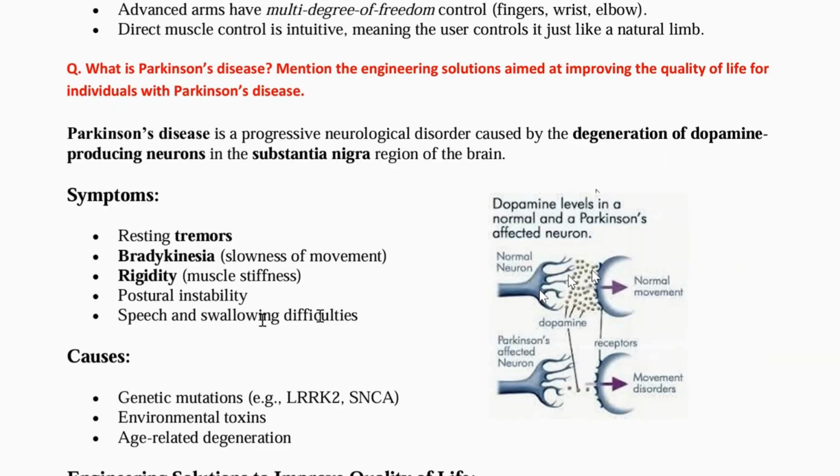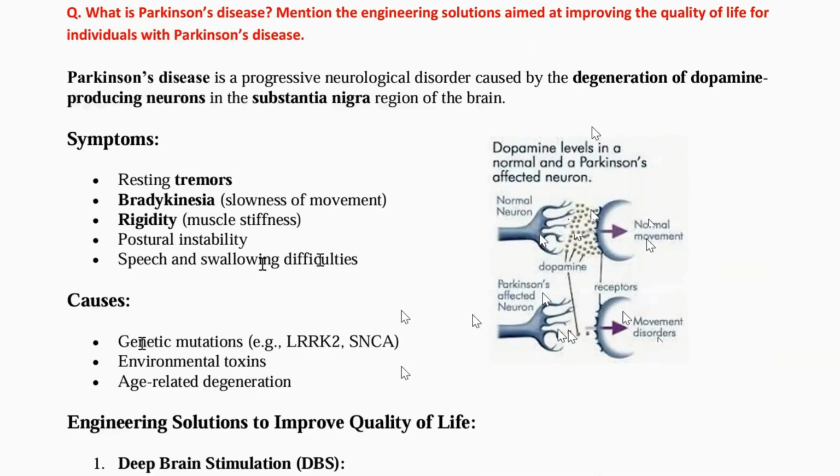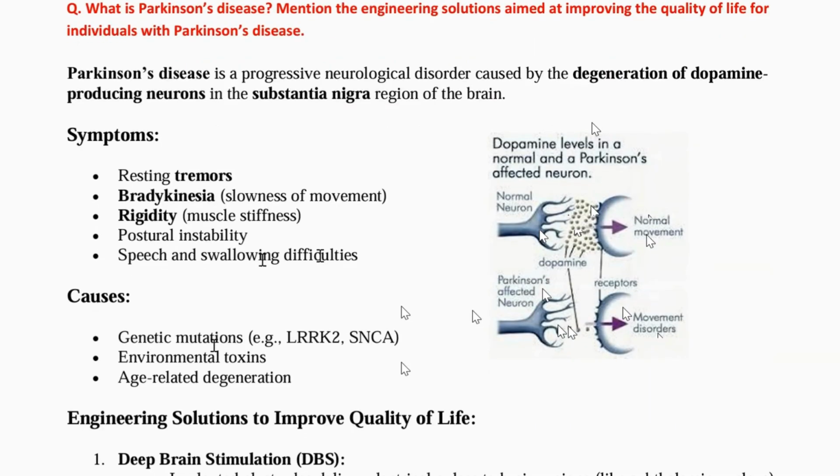What happens is, this is a normal neuron. It releases dopamine, the dopamine levels in a normal human being, so there will be normal movement. But for the Parkinson's affected neuron, the dopamine release will not be there. Degeneration, that is what causes the movement disorders. This might be caused by a genetic mutation, or environmental toxins that enter our body,